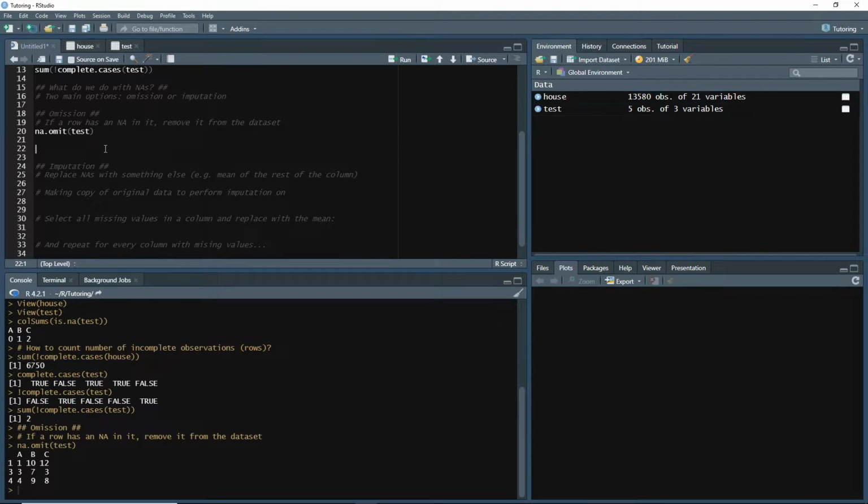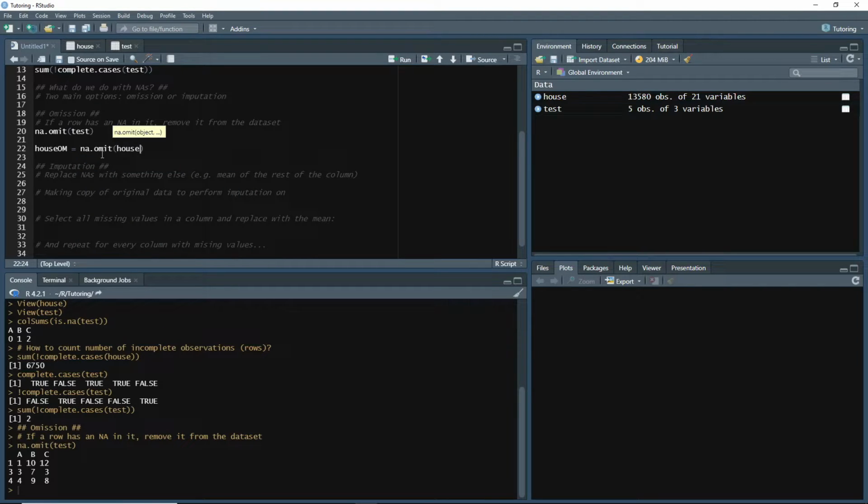Let's say I want to do omission on the house data set. What I could do is something like, let's say house_om for omission is equal to, and also you might see me put these arrows. That's the exact same thing as equal to. I'll keep the equal sign here, but there is no difference. So if you see me type the arrow, don't freak out. It's just the same thing as an equal sign. The name is just whatever you want to name your new data set. A lot of people do clean_house, or clean plus whatever the original data set name was. But I'm going to do house_om for omission, and let's do